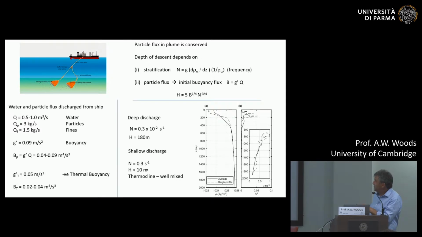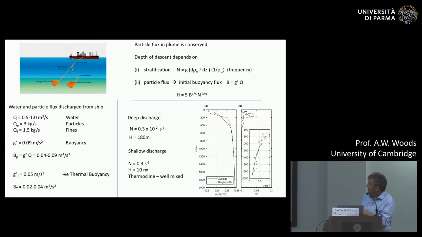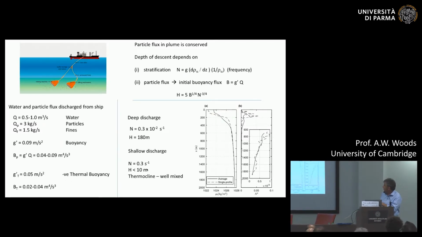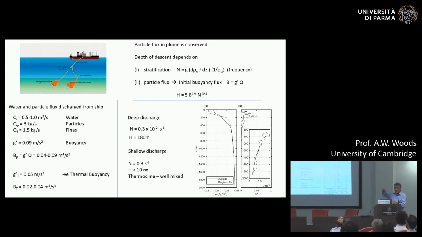Okay, so very simple dimensional analysis. And the pre-multiplier, which you can find through experiment, is 5. Well, if we look at the typical rates of discharge that we'd expect in this situation, we find that we'd expect the plume to sink, if we discharged it from the surface, about 10 meters into this very stratified water, so it won't go down to the seafloor, but all these particles might end up very near the